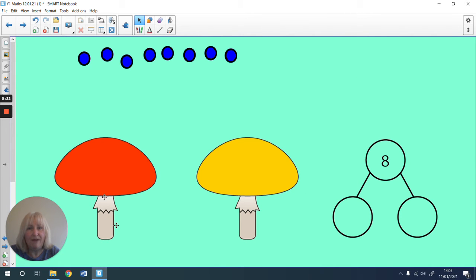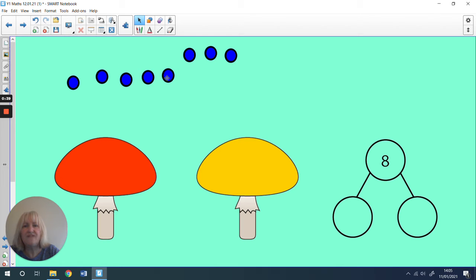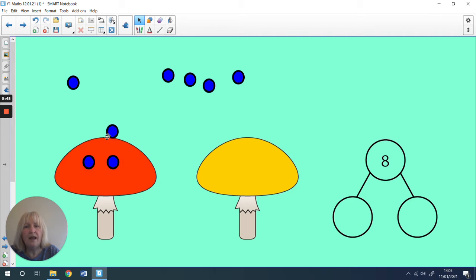Okay, so we have our two toadstools, we have our spots, and looking at this cherry diagram here, I think the whole amount will be 8. Let's just check. 1, 2, 3, 4, 5, 6, 7, 8. So you can decide how many you think could go on the red toadstool and how many could go on